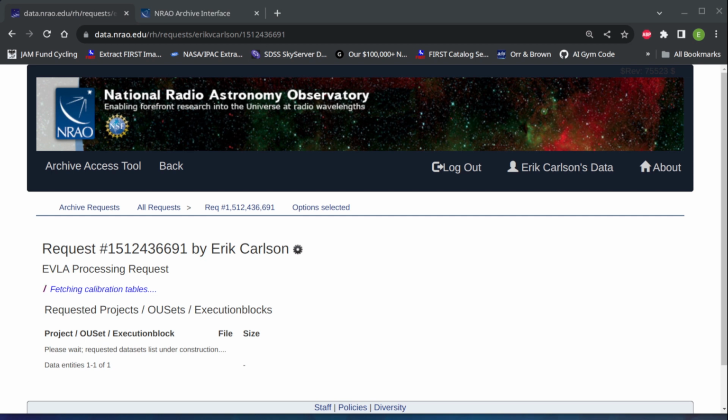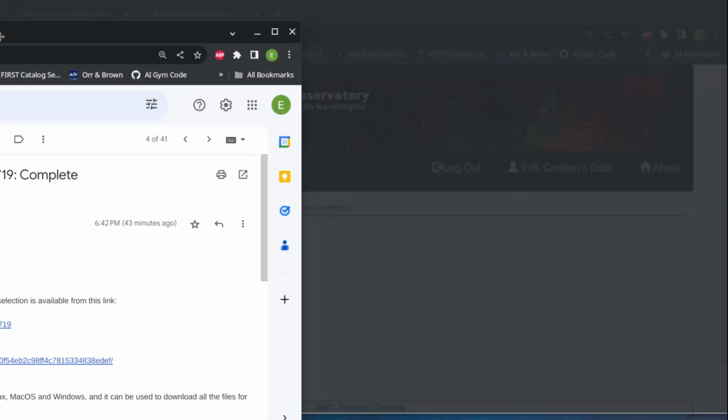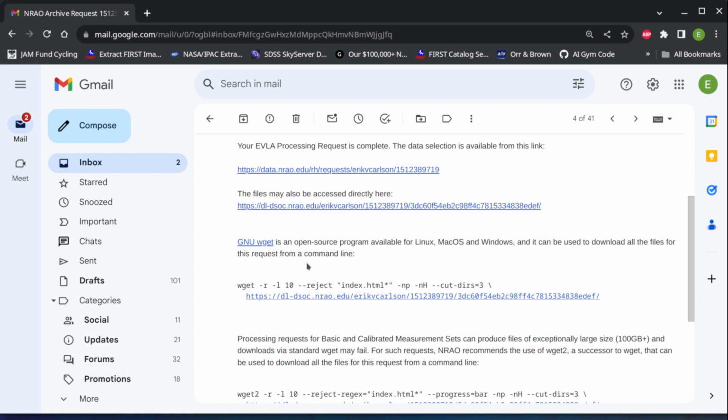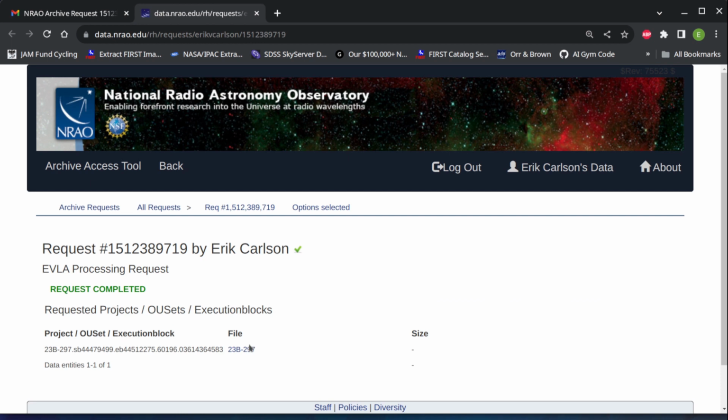So once our data is fully processed, we will get an email that looks something like this, that will say, "Dear requester, thank you for using the NRAO archive." And as we can see, we can go back to that original site here, and it'll tell us that our request was completed and that we have a file that we